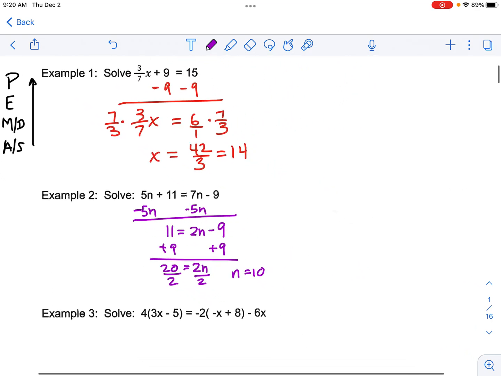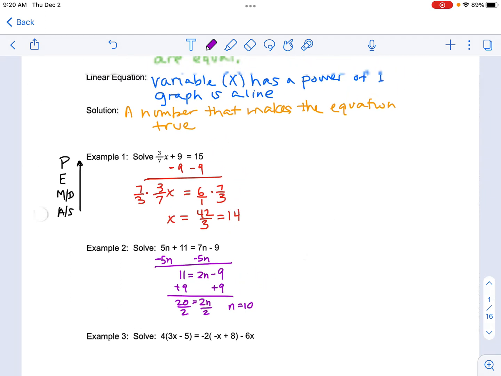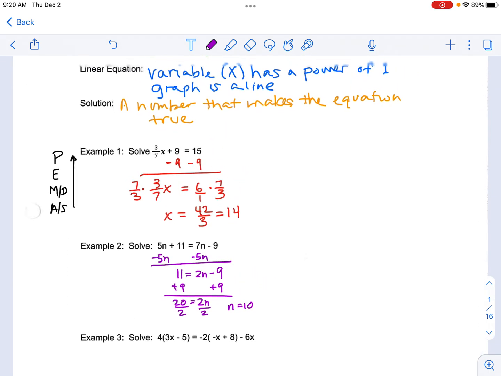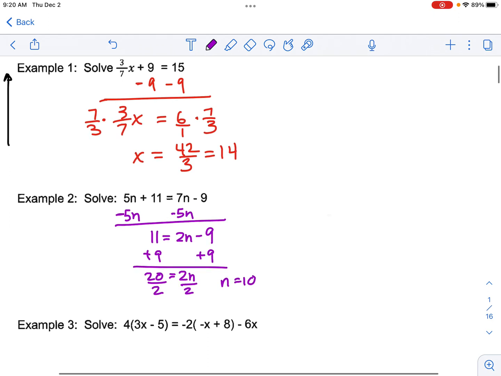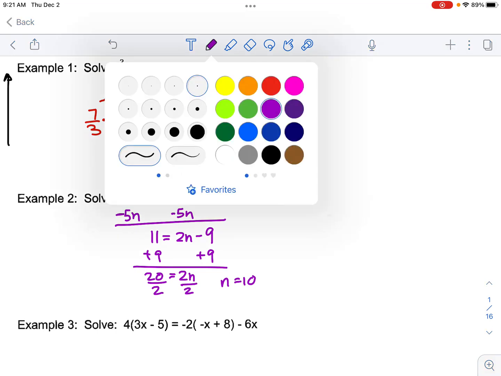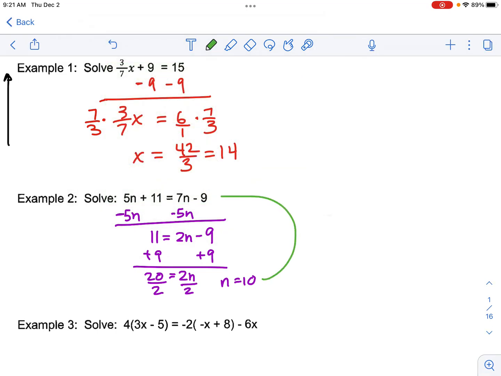Okay, so we've gone through 2 pretty straightforward examples. I just want to get back to that whole, how do you know you have the correct solution? And just a sidebar here, it's going to come into play later on in the unit. We really should be taking this answer and plugging it back into the equation just to make sure we get a valid solution. So if we do that on this one, it's 5 times 10 plus 11 on the left,